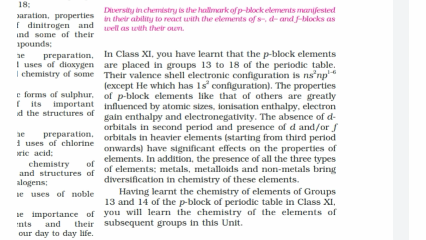The absence of d orbitals in the second period and presence of d and/or f orbitals in the heavier elements starting from the third period onwards have significant effects on the properties of elements. In addition, the presence of all the three types of elements, metals, non-metals, and metalloids, brings diversification in the chemistry